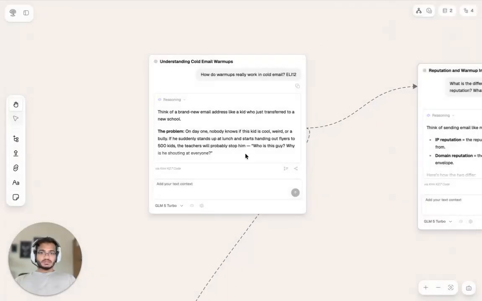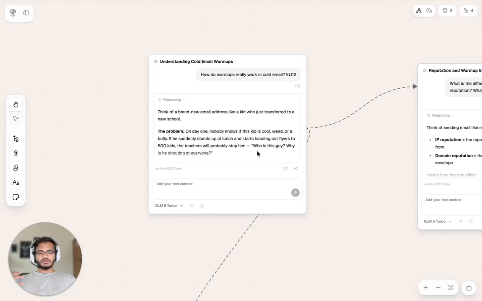Hey guys, there's a lot of confusion about what we mean when we say you don't need warm-ups on ColdSend. A lot of people have questions like, what happens if I burn my domains? Do I really not need warm-ups forever? What can I do without them completely? Well, it's a little bit more nuanced than that. So in this video, I'm going to explain how ColdSend really works.